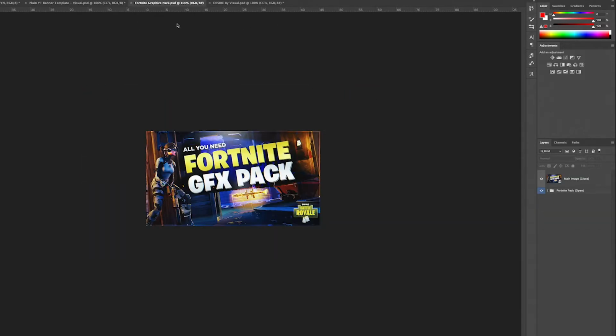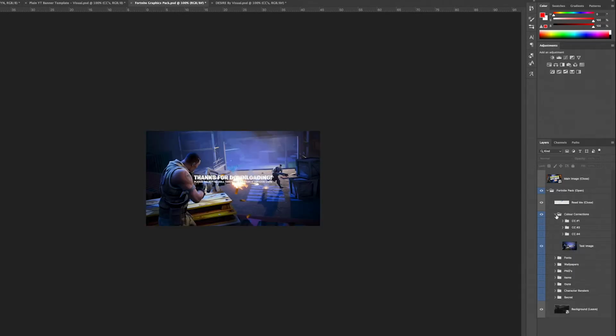Now we're going to go to the free pack we got, the Fortnite GFX pack, and then we're going to go down again to color corrections and turn it on, turn that image off, and now we can apply different ones because these are quite lighter ones, like so. Now we're just going to do the same again, get the pack, drag it across,